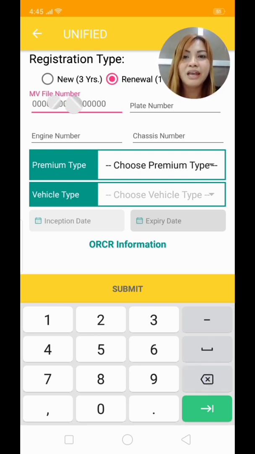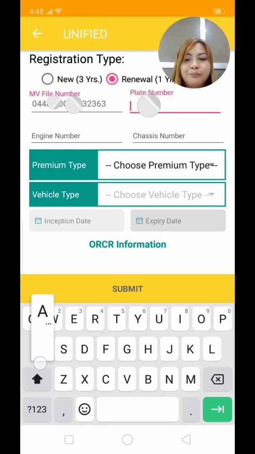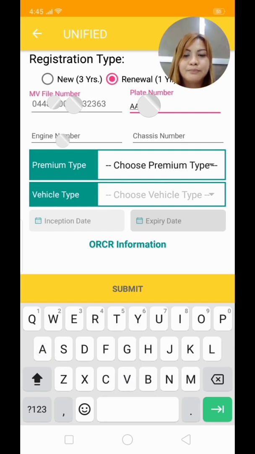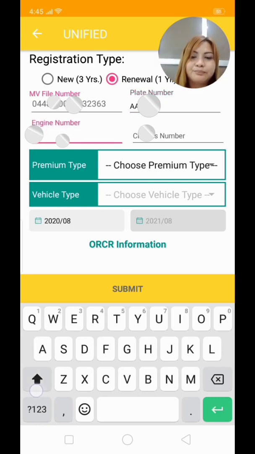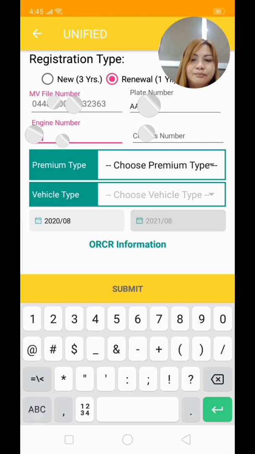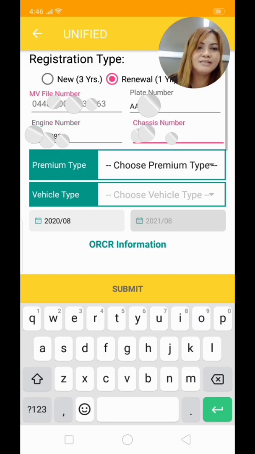Okay, ano nga po ba itong MB file? Ang MB file po, or motor vehicle file number, it is the official basis for the registration of a vehicle. Okay. Yan. So, kailangan din po natin na i-input ang plate number. The engine number, chassis number,